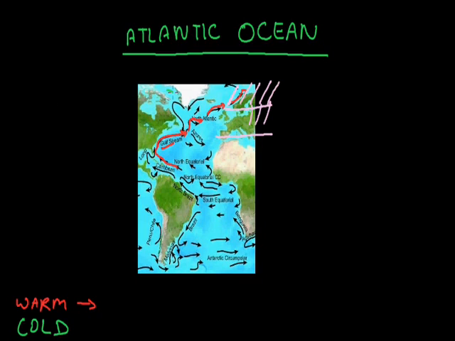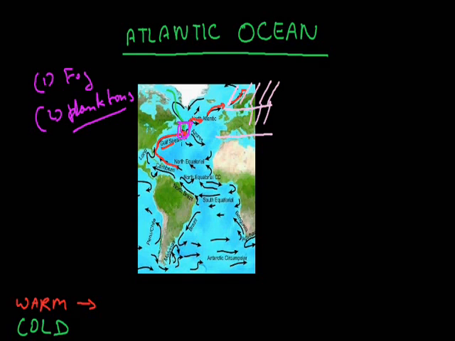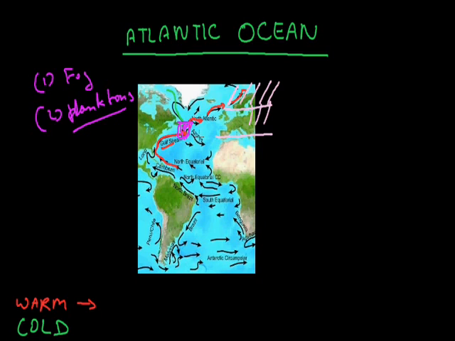Now this is the Labrador current, it comes from this direction. As you can see here, it is a cold current. Wherever the cold and the warm current meet, as you can see in this diagram also, like this area here, the first thing which we see is the fog, and the second one is the planktons. It creates fog, so it becomes a foggy area, and a lot of planktons are here, which are the food of the fishes. So the first thing which we see is a lot of fish trade, and the second thing is fog. This area is the Bermuda Triangle, also famous for its fog.